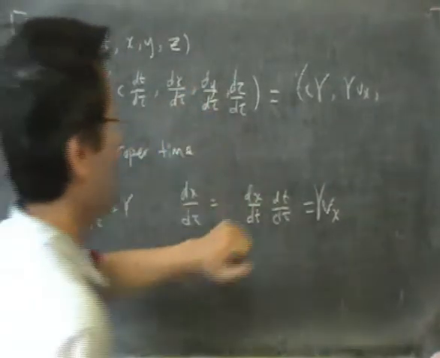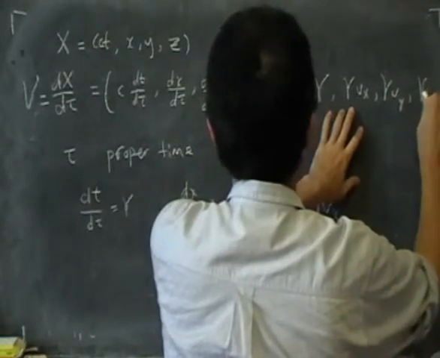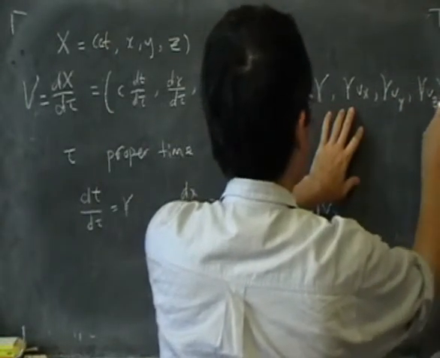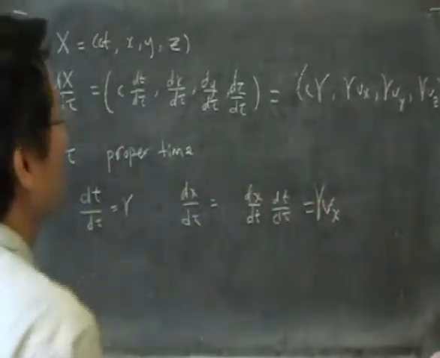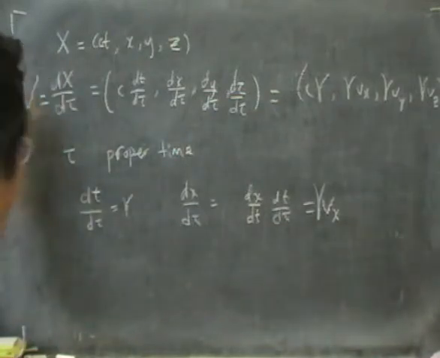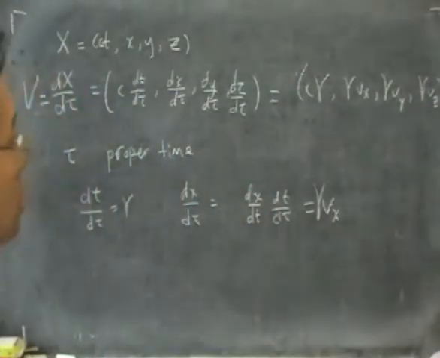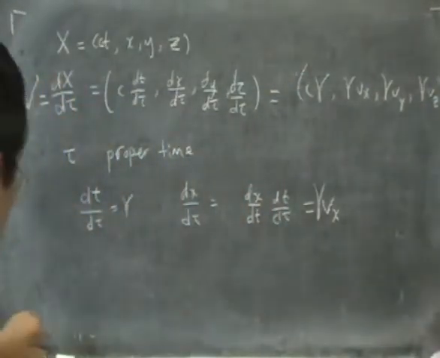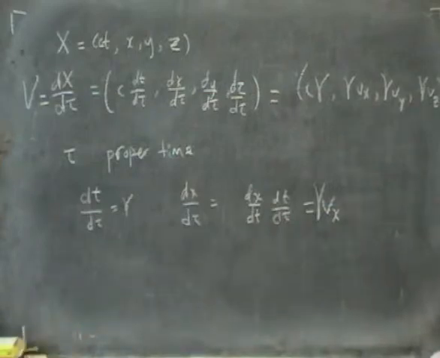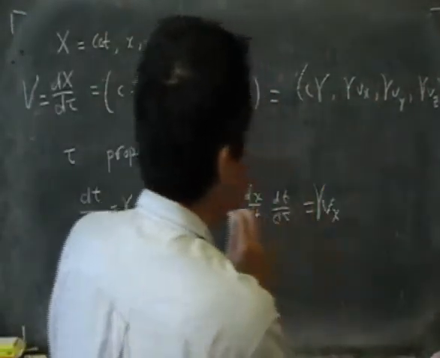dy by d tau likewise is gamma times Vy, then gamma times Vz. Now we have what we would call the four velocity in terms of more familiar symbols. Okay. Now just to introduce another way of writing this to make it look simpler,